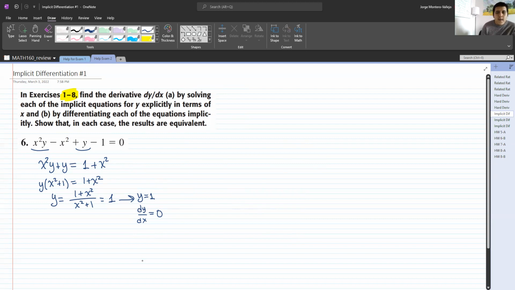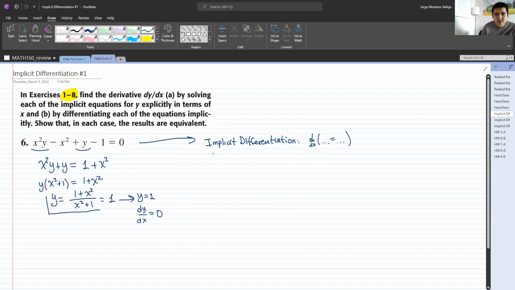Okay, so the next thing that I need to do is implicit differentiation. Because what we just did is explicit differentiation, right? We turned the implicit equation into an explicit equation, and then took the derivative of that. We now will not bother solving for y and just go ahead and take the derivative of this entire thing. Okay, so then that means that we are doing d/dx on the entire equation, which means doing d/dx on